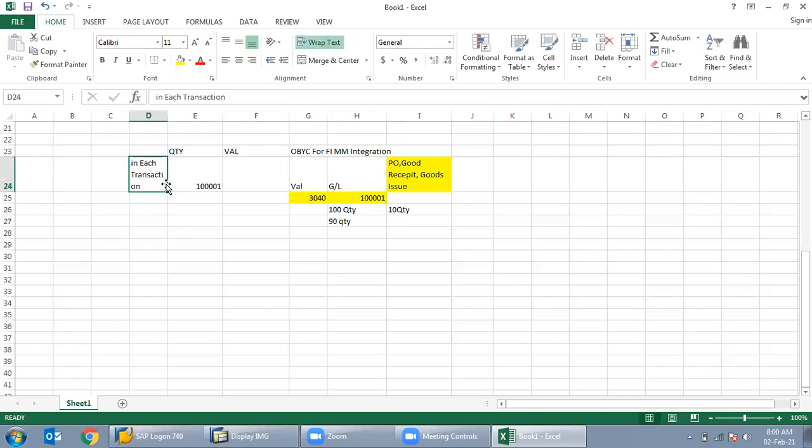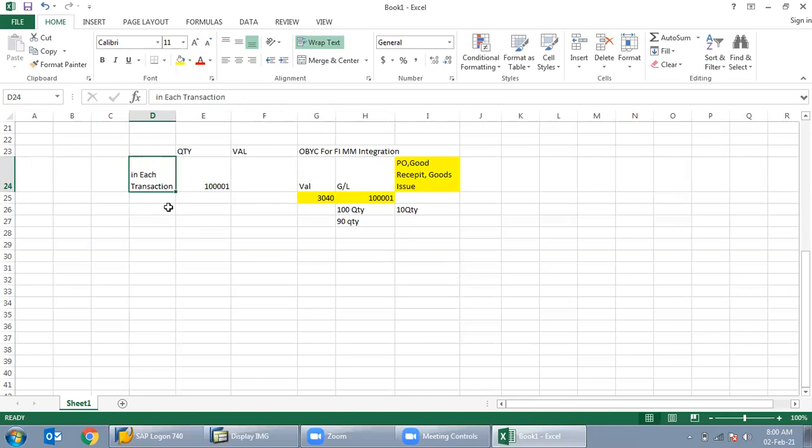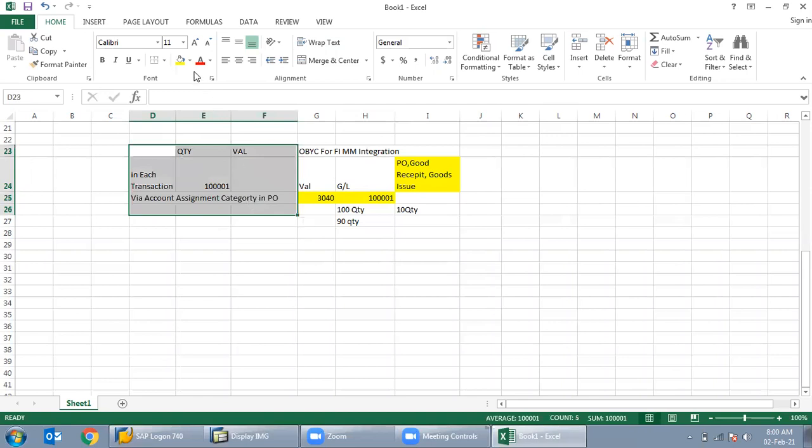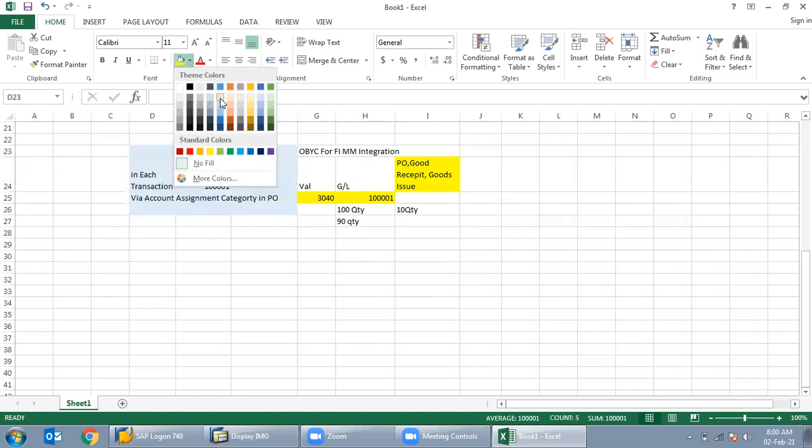Via account assignment category in PO. See, these are the two parts which I want you to understand.